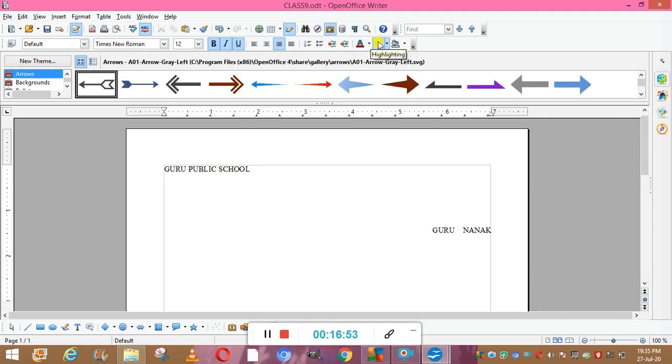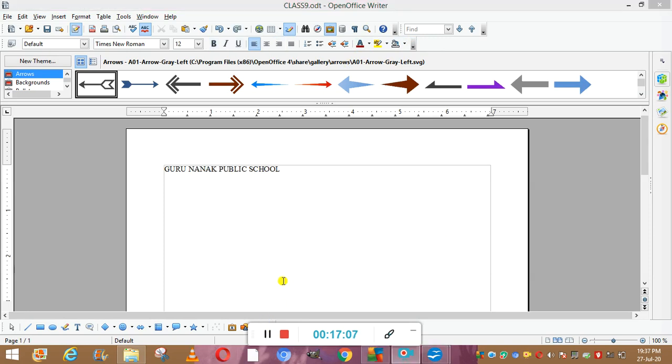And this is your highlighting, which is for giving a background color. So all these are available in the formatting characters. You can use them for giving styles to the characters used in a paragraph. So this was your intro to the OpenOffice Writer. Now the next topics I'm going to explain in the next video.